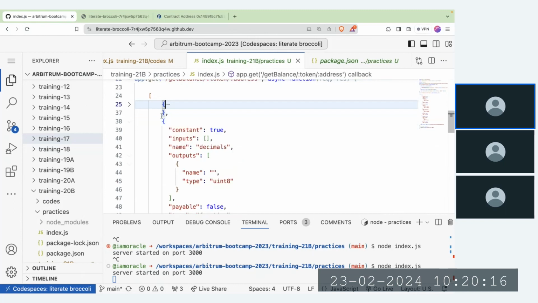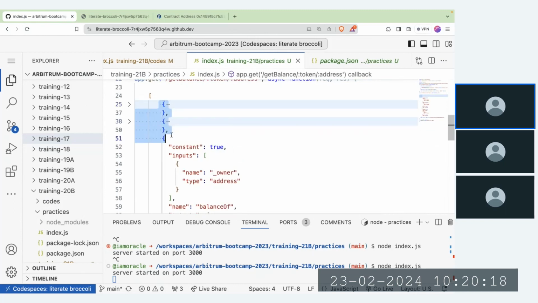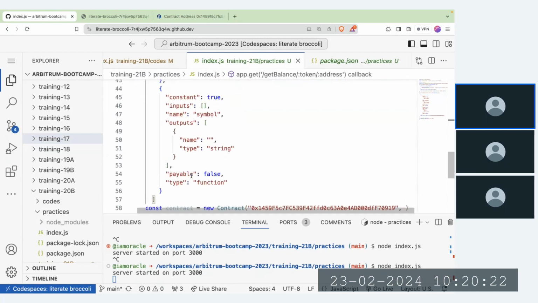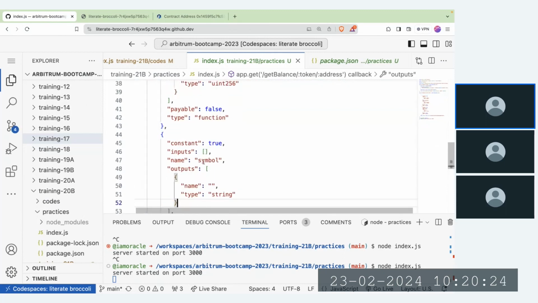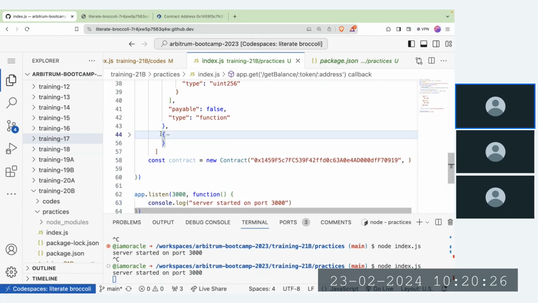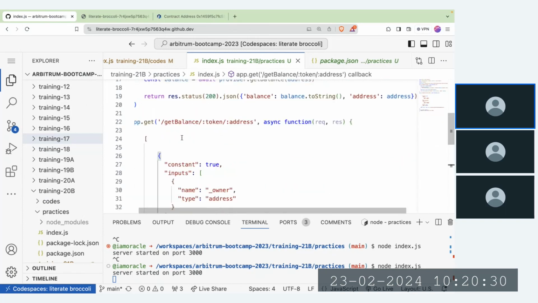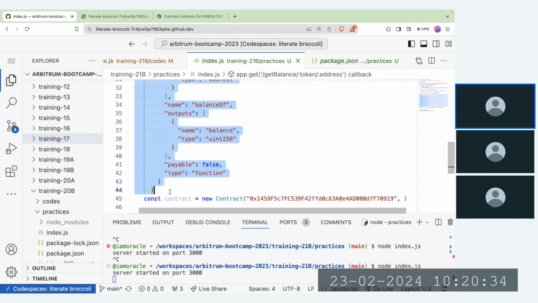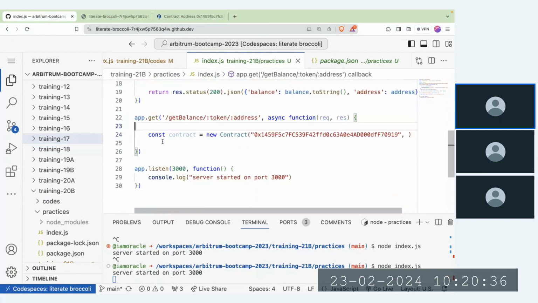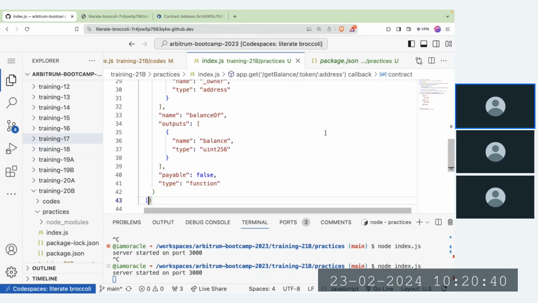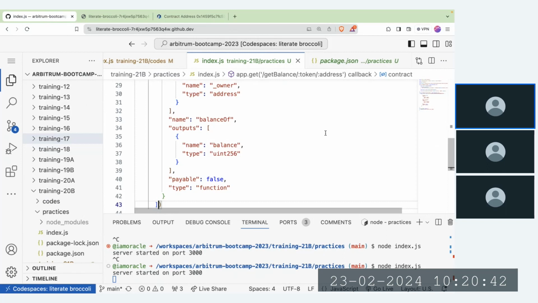Okay, let me remove this too. I need the balance of. What's this? I don't need the symbol. So the only thing I need is balance of for now. So I'm going to copy this API. I've streamlined it so it doesn't have to contain everything. The only thing I need is just the API for the